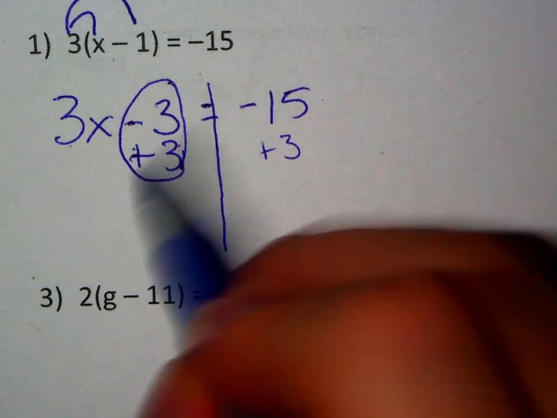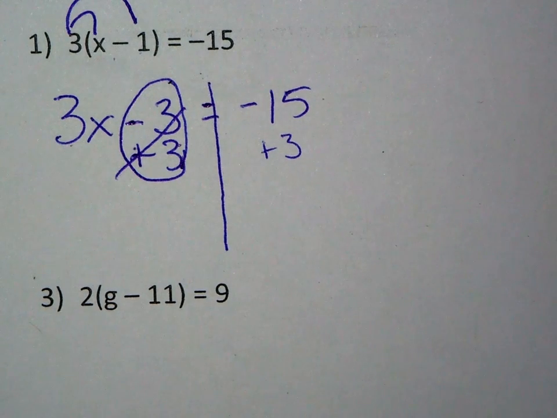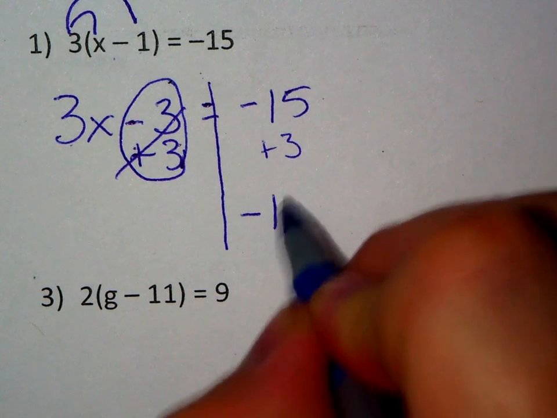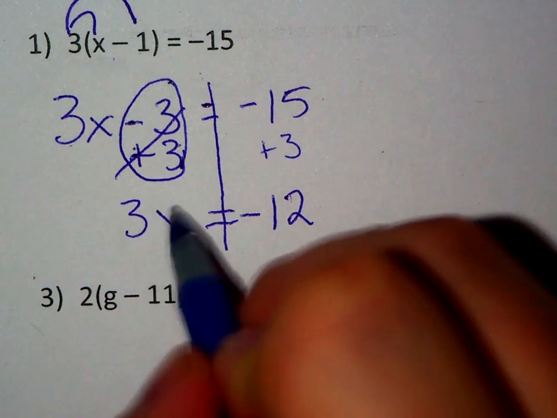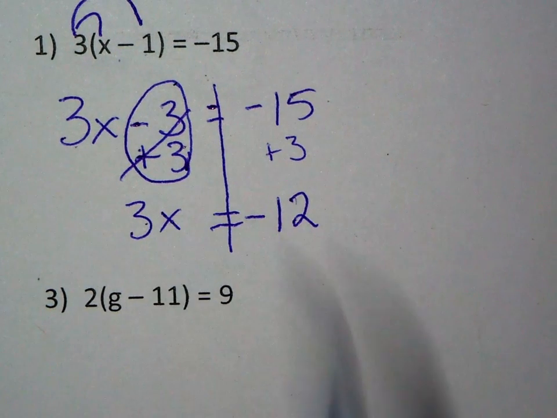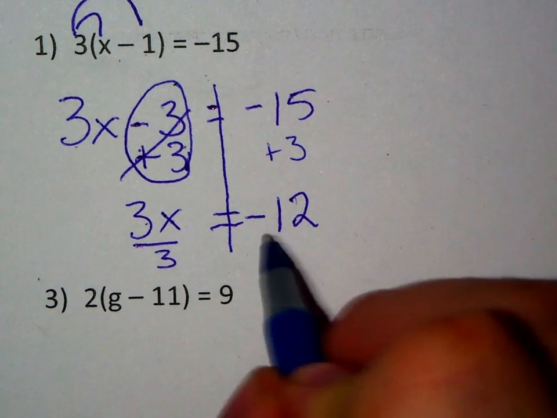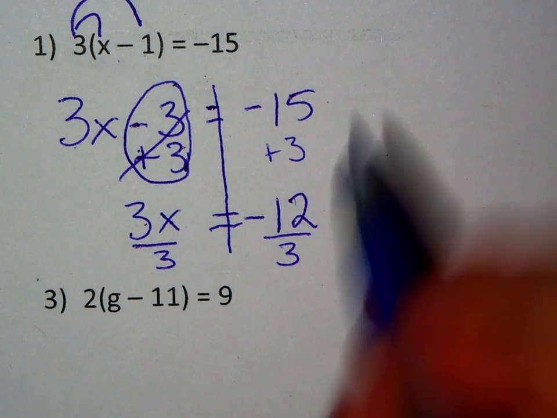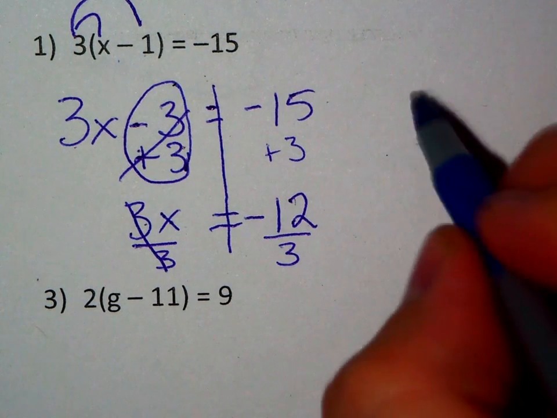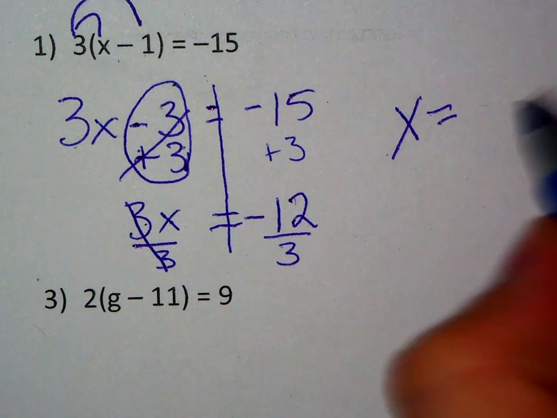Negative 3 plus 3 will cancel out. Negative 15 plus 3 will become negative 12 equals 3x. And now I can deal with the multiplication that's taking place between my coefficient 3 and my variable x by dividing by 3 on both sides of the equal sign. And my 3 will cancel out, so that will leave x all by itself equals negative 12 divided by 3